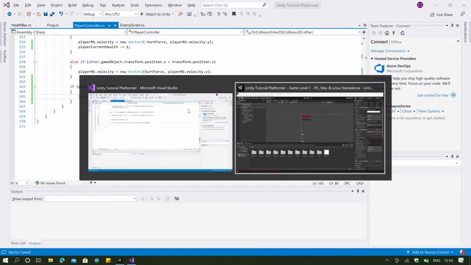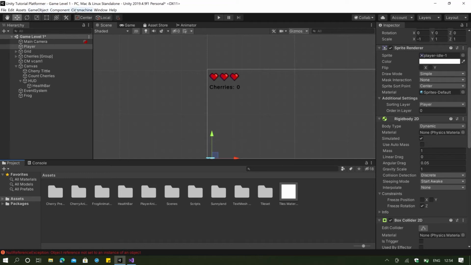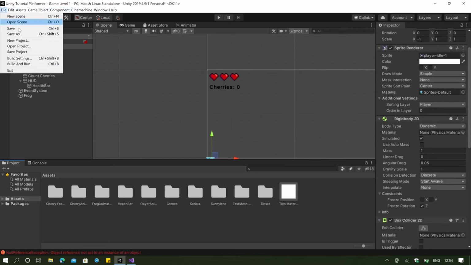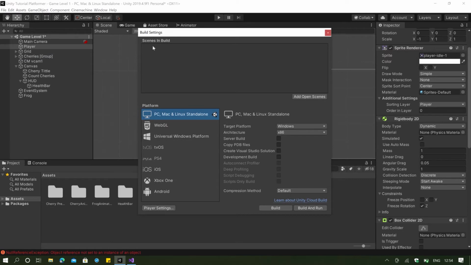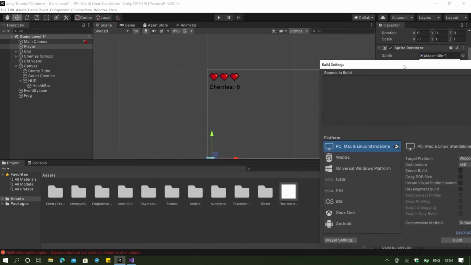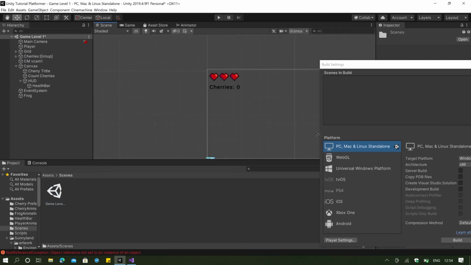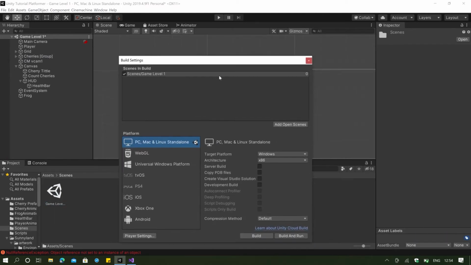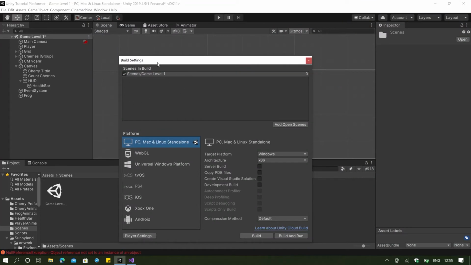And to ensure that we actually do that, we're just gonna go to our file, build settings, and then it's gonna ask us for the scene in build. And what you're gonna do is we're gonna drag our scene here, and we're just gonna drag game level 1, and that is how you actually make sure that our scene manager is working, because our scene manager will only work when we already have the scenes in our build settings. So if I close, also don't click build and run, because I'll be discussing about these topics as the series